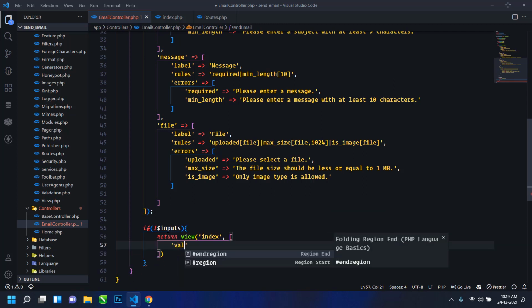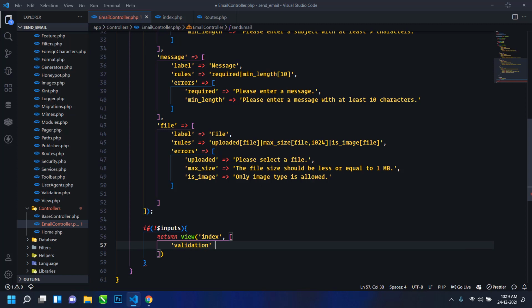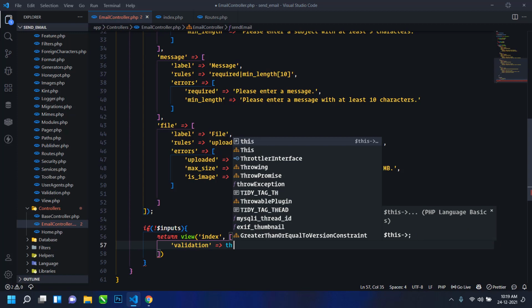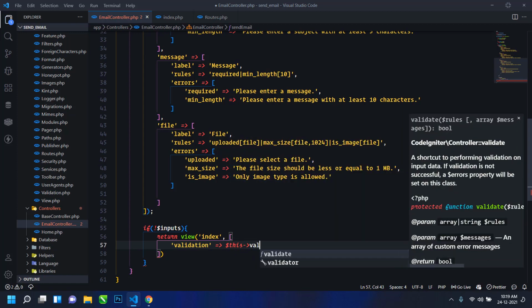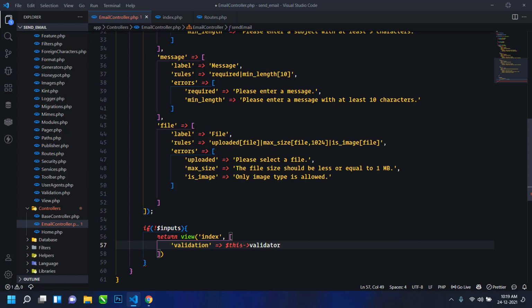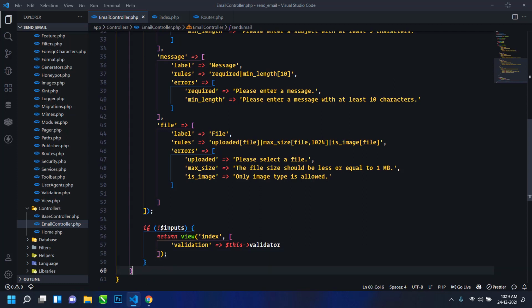So here I will write validation, in an array I will pass this validator. Okay, I will just send this validator, and in case of successful validation we will send the email. But for now let's check whether validation is working or not.